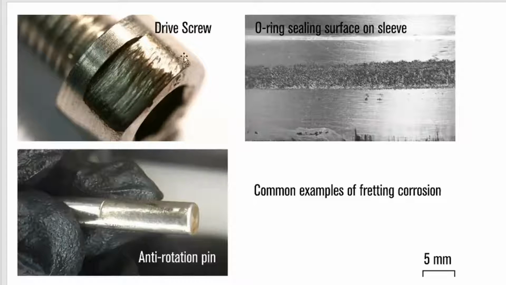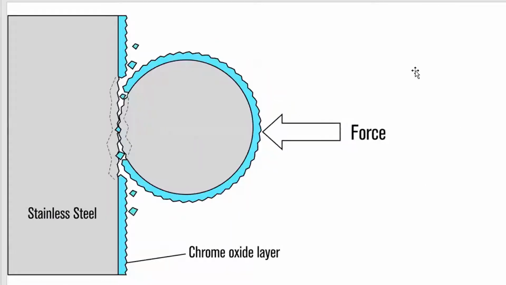Now, one last thing. We said this was caused from an O-ring. And in many cases, when you take this O-ring off, the O-ring is undamaged. I mean, unless you take it off after like a week. So you think, how on earth can I get this mechanism from an O-ring? And the answer is, I don't know. No, I'm just kidding. The answer is, if you have relative motion between an O-ring and this stainless steel part,